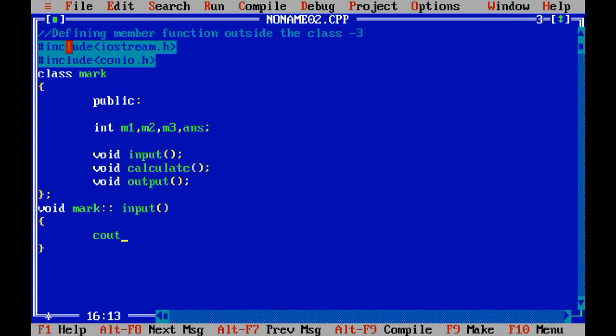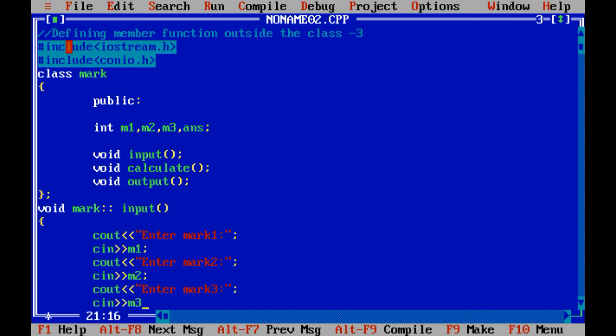Now cout, 3 inputs I need to perform: enter mark 1, cin m1, again cout enter mark 2, cin m2, cout enter mark 3, cin m3.